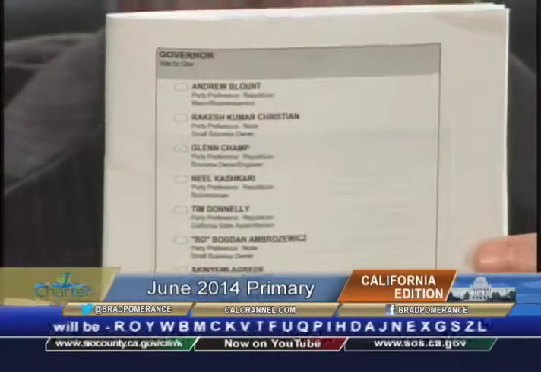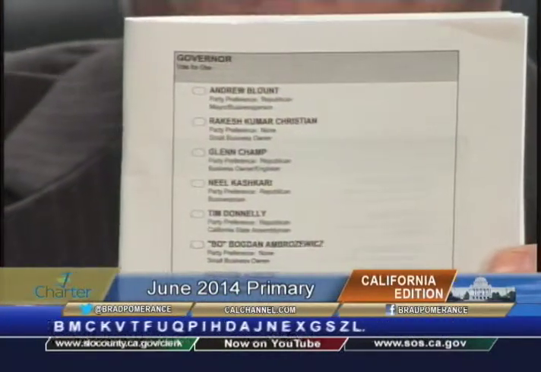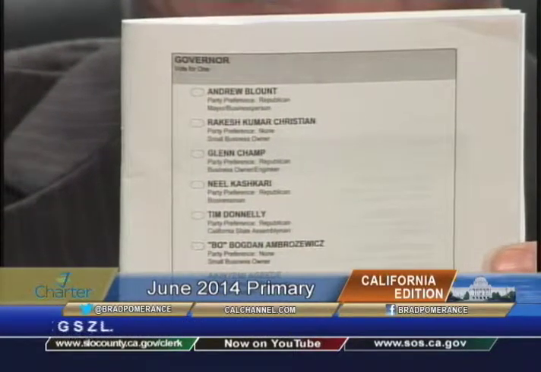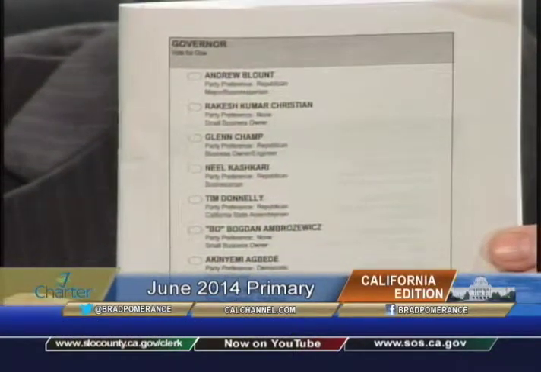I am holding up the page for governor. I wanted to ask you, the first name on this ballot I see is Andrew Blount. Then it goes to Christian Champ, Kashkari Donnelly. It's not alphabetical. Abramowitz is next. Right. Explain. So there's a random